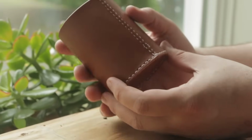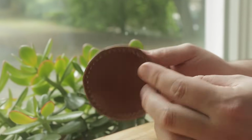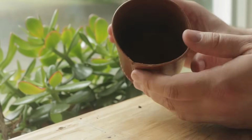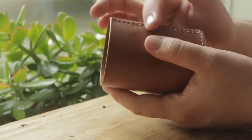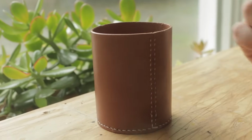And here we go. So this is a simple application of these stitches, but we have our nice right angle bottom and a nice cup that stands up straight, and you can see on the inside, well, hopefully you can see on the inside, no stitching because of that butt joint, and a nice right angle that's going to stay that way. And final test,